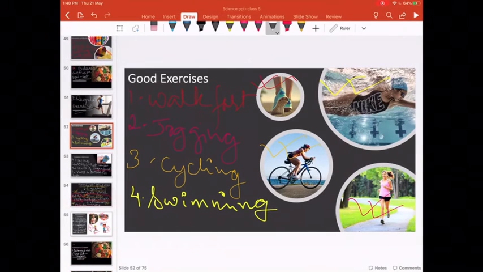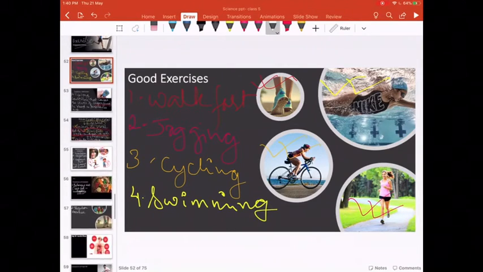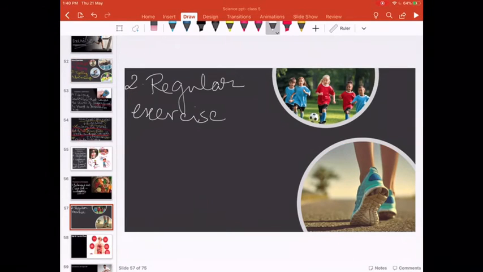And I have already told you what are the various good exercises which you can do without going to a gym or paying extra money somewhere. These are a few good regular exercises a person can do without any fitness trainer, like walking,